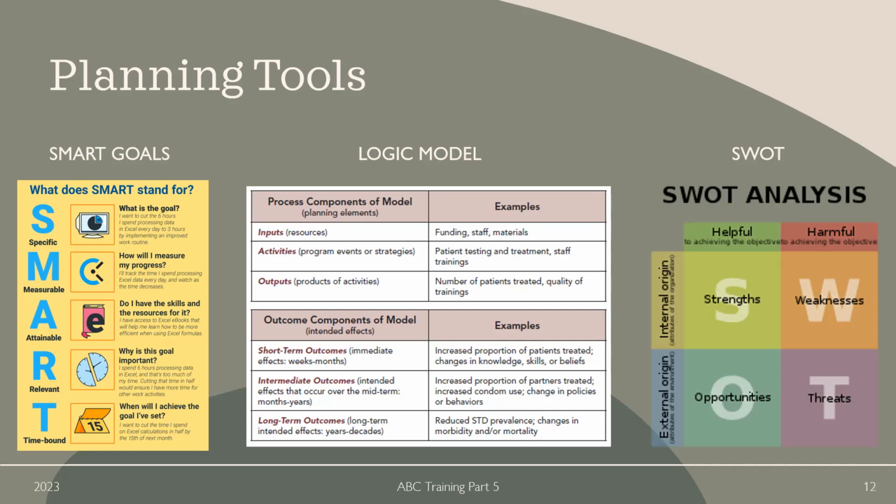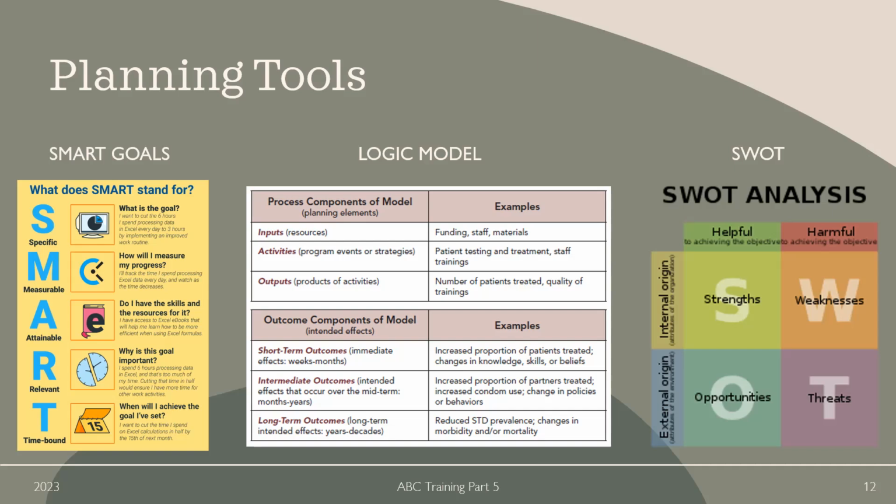Then on the left, you have SMART goals. This SMART goals worksheet comes from Columbia, and it gives some good examples. I know that we've reviewed SMART goals before in prior trainings, but this is a nice little worksheet that goes into some details and examples. When you're doing your planning, you might want to do a SMART goal. SMART means specific, measurable, attainable, relevant, and time bound.